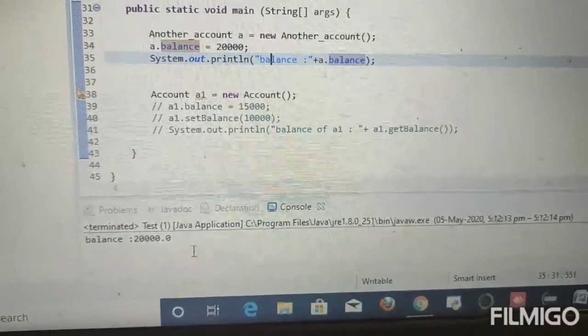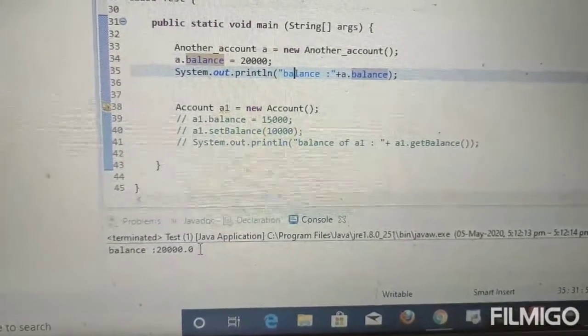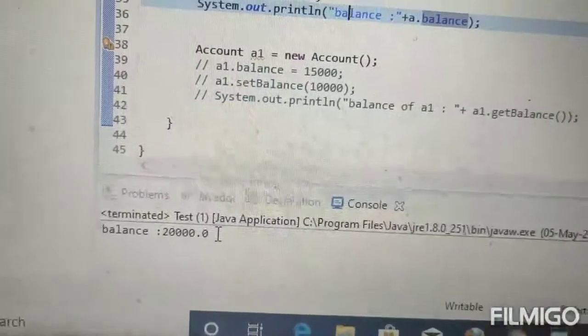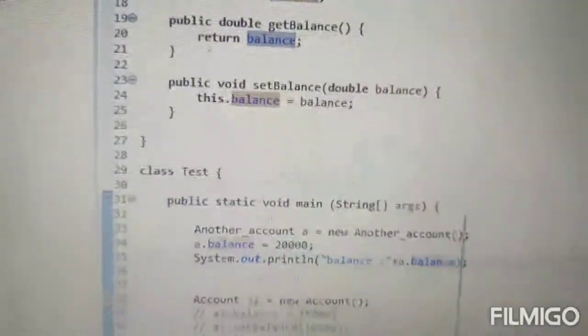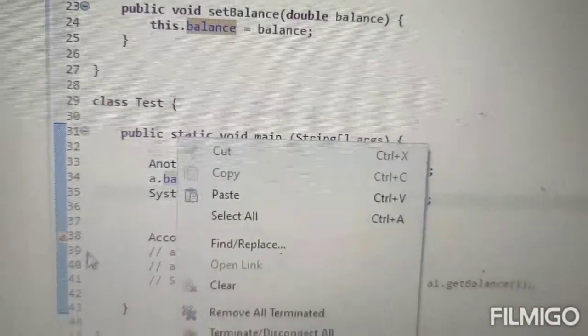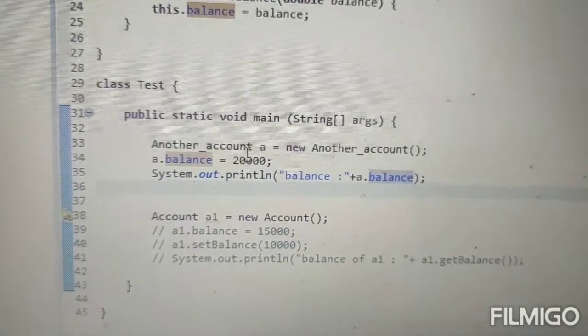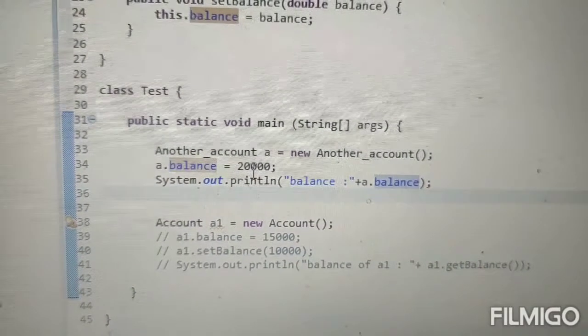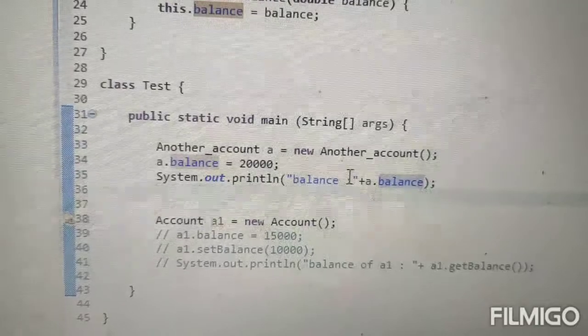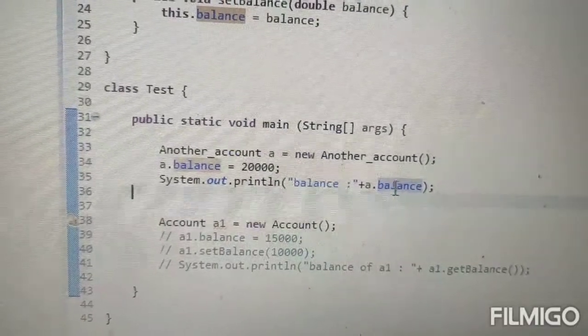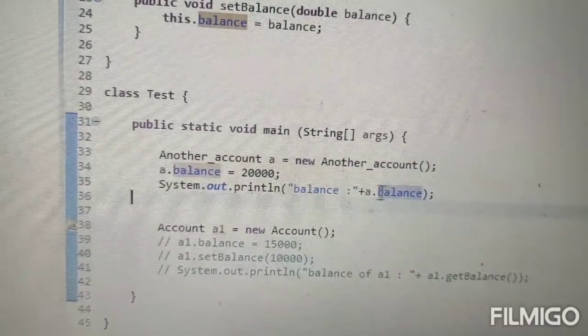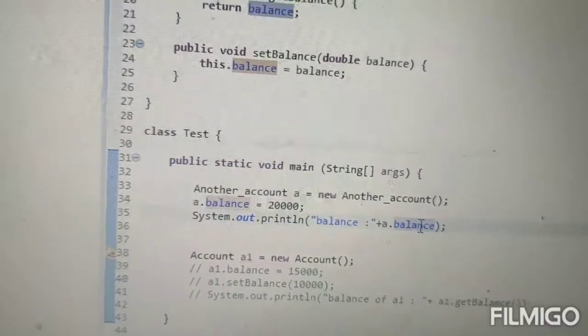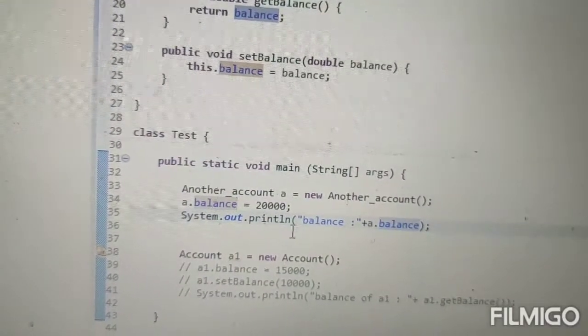Let me try this code. As you are able to see, my balance is 20,000. What I did here is set the balance to 20,000, and after that I'm printing the balance by calling the a.balance variable. This is not the right way guys.